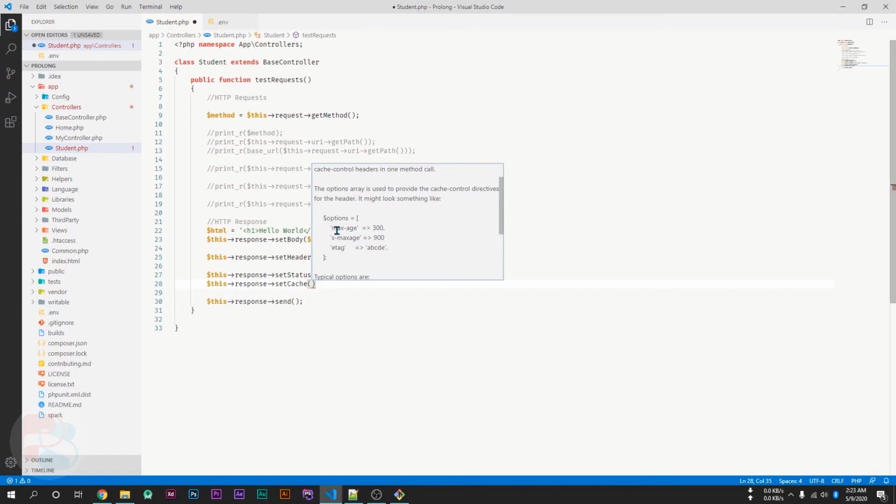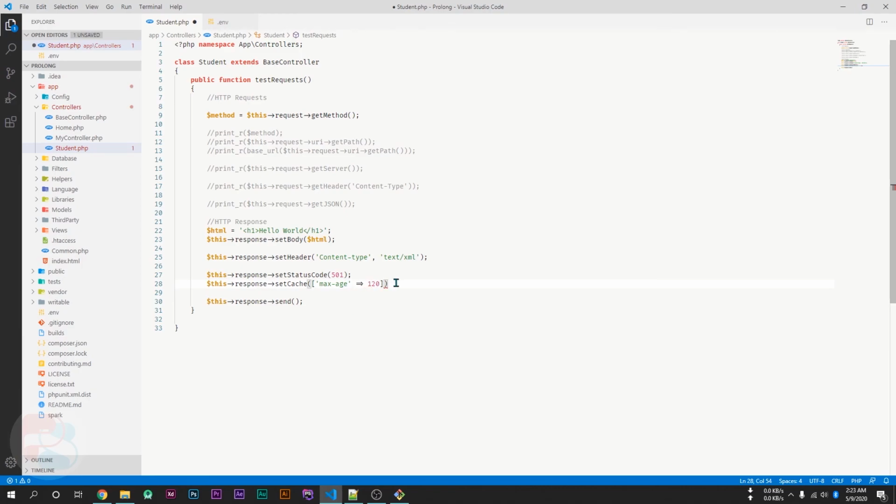So if I pass the array and set the max age to 120, here 120 is in seconds.